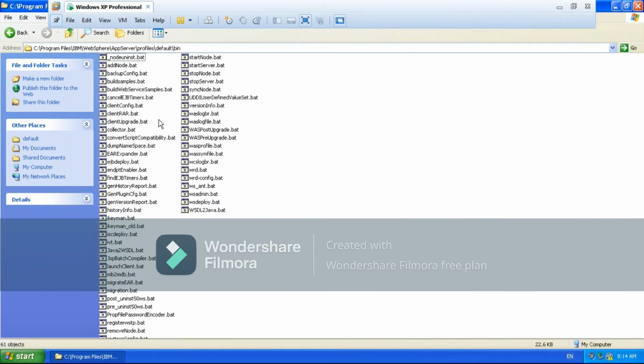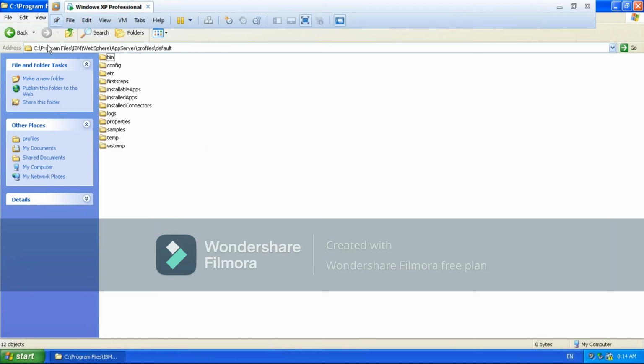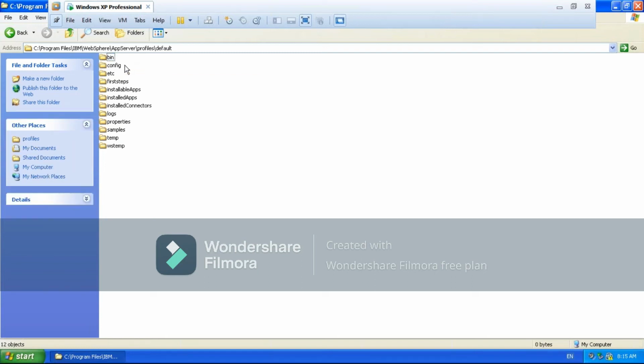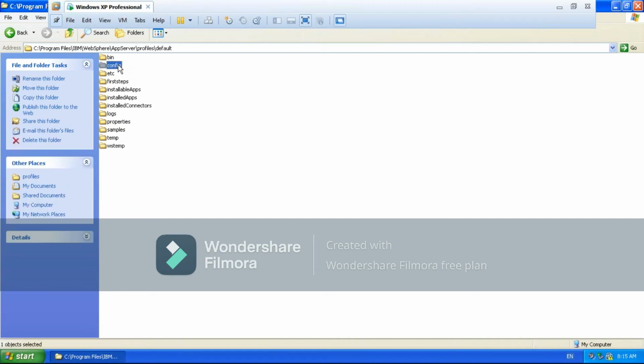The bin directory will be there in WAS home as well as each and every individual profile home. What is the difference between this bin and that bin? We'll discuss it later. And the config, we are very clear: the cell level configuration files, node level configuration files, and all things will be there.